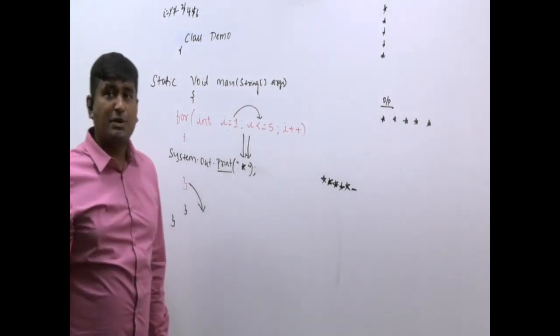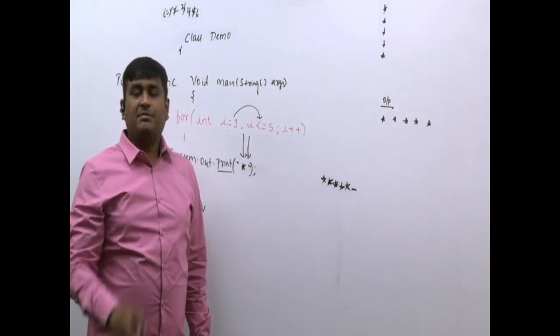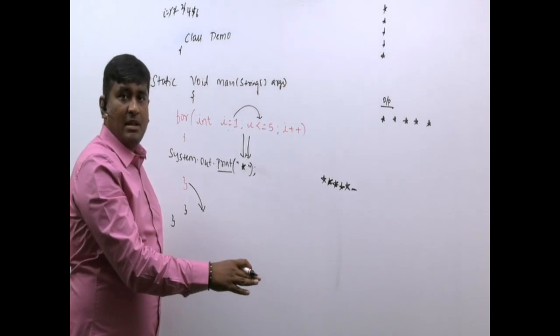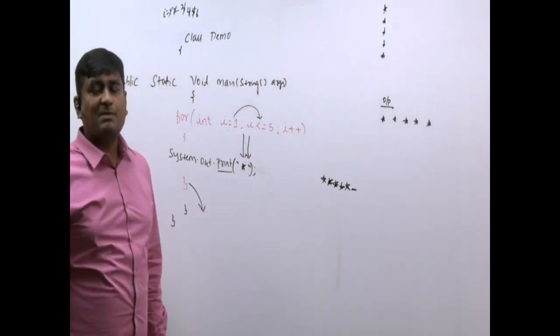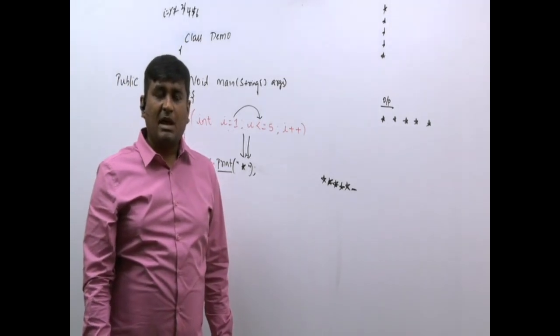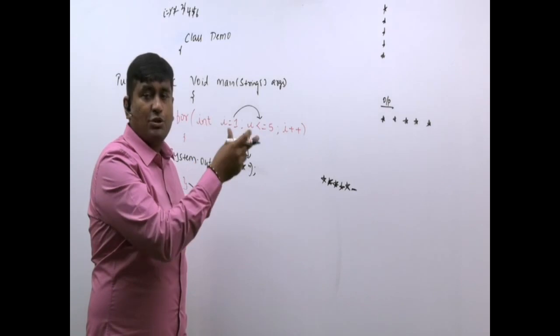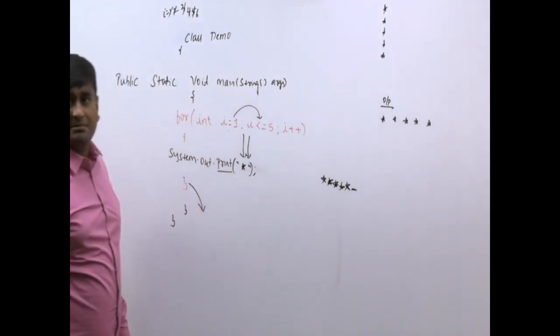So this is an interview question. What is the difference between println and print? Println always moves the cursor to the next line, whereas print makes the cursor be present in what? The same line after displaying the output. Am I completely clear? Now the same thing I will execute and show it to you so that you will have better clarity. Just go through this program.